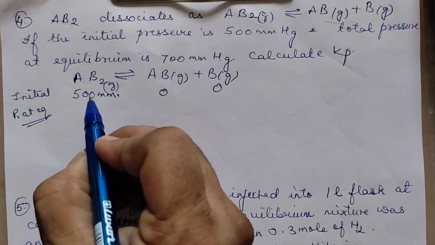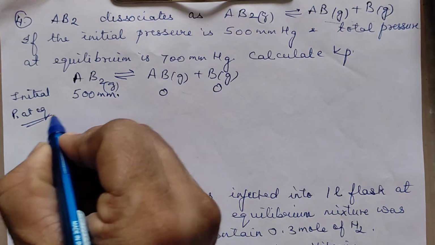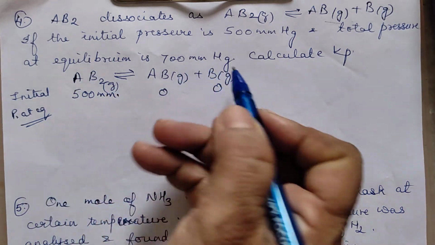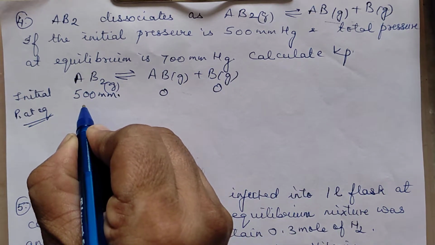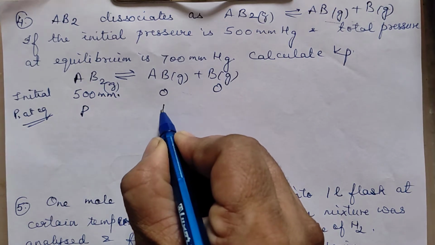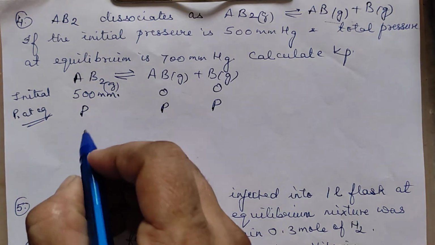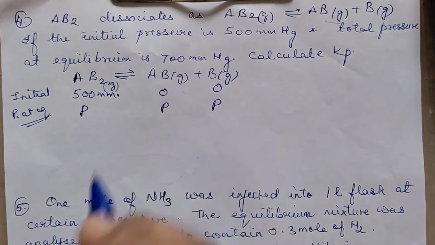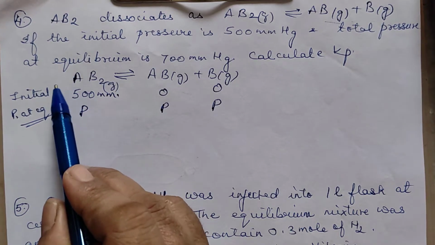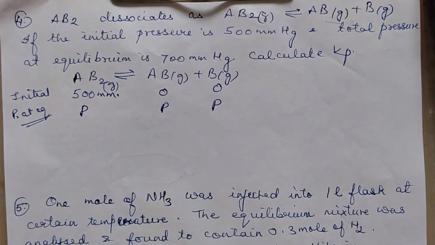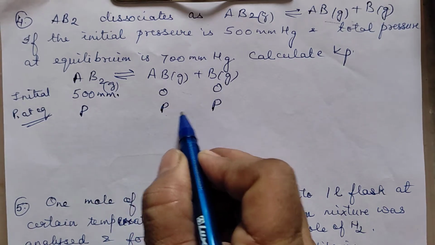So let before that equilibrium, suppose I write here this is 1 mole, we know it. So if I write, say P has reacted, P will be formed and P will be formed. If I write in terms of X, I may do that also. I have written in terms of the pressure because they are talking in terms of the pressure. Had this been 2 coefficient, I would have written here 2. Whatever coefficients are there, with that we have to multiply. So P has reacted to form P and P.